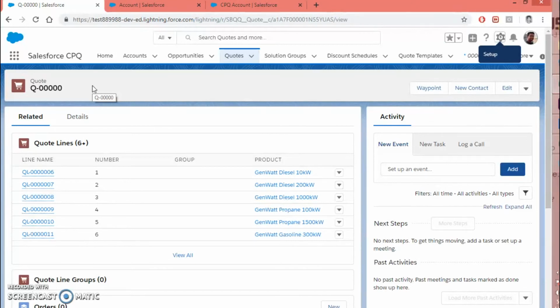If you really have any recurring customer who comes back to you and gets orders frequently, it will be quite easy to maintain the pricing you used in the earlier order and trace it back, and the sales rep does not need to worry about getting the details every time of what the pricing was in the earlier order and what it should be now. So using the contracted pricing you can automate that process. Alright, so this is all about contracted pricing in Salesforce CPQ. Thank you.